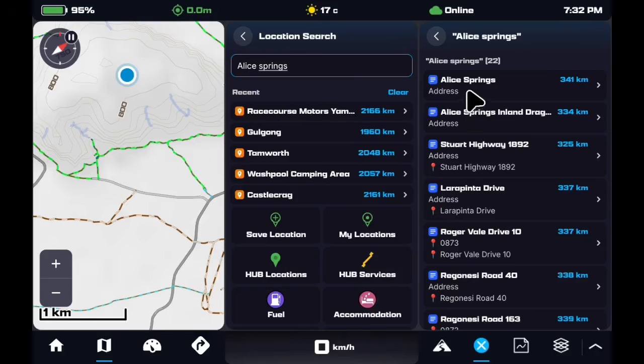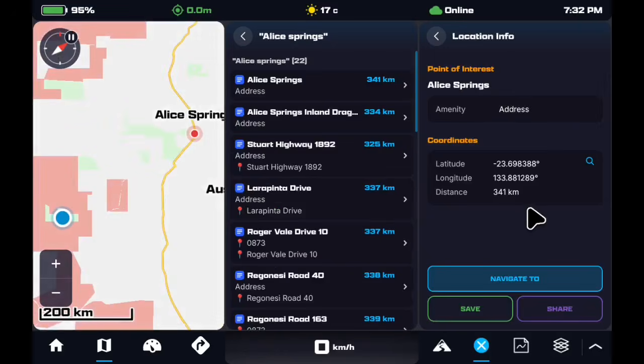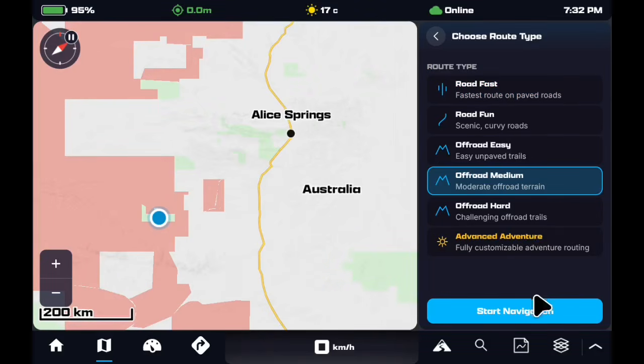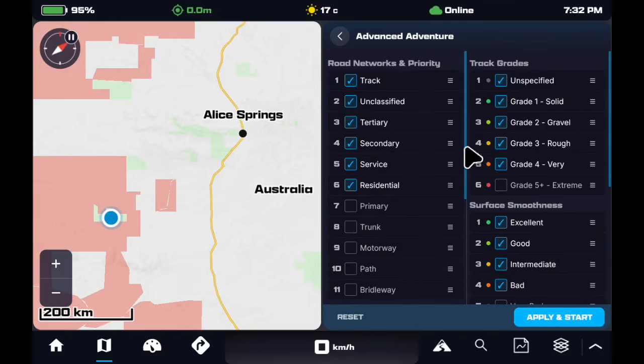And yeah, so we found Alice Springs, so that's there. So now we want to navigate to Alice Springs, pick our choice. So we want to do off-road medium. There's also this advanced adventure feature, which is pretty cool. If you go into there, you can